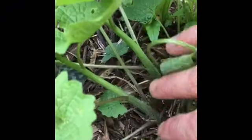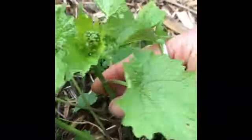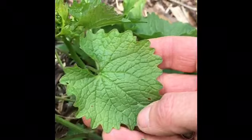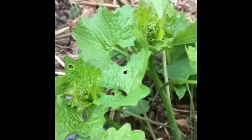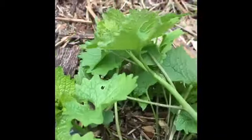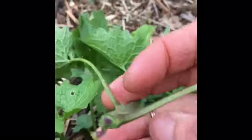It's got some hairy stems. Alternate leaves, almost in a heart shape with almost rounded teeth along the edge. There's the front and back of it. And usually when you harvest it, you can just pop off. There's kind of what the stem looks like. So going with our different types of identifying characteristics,